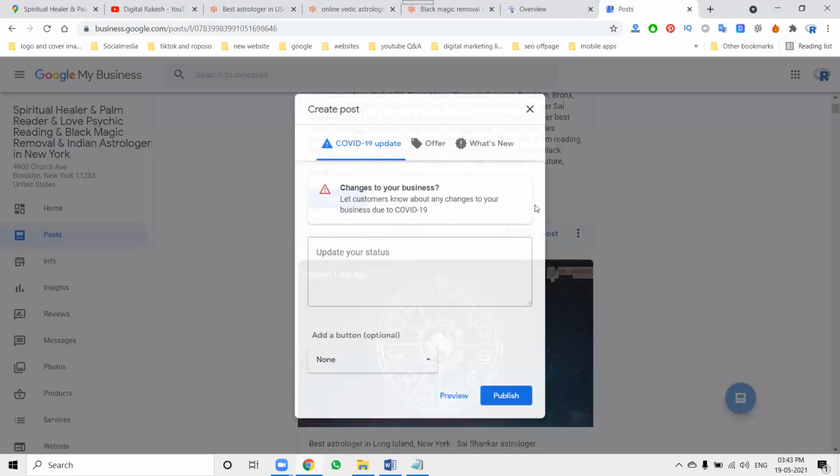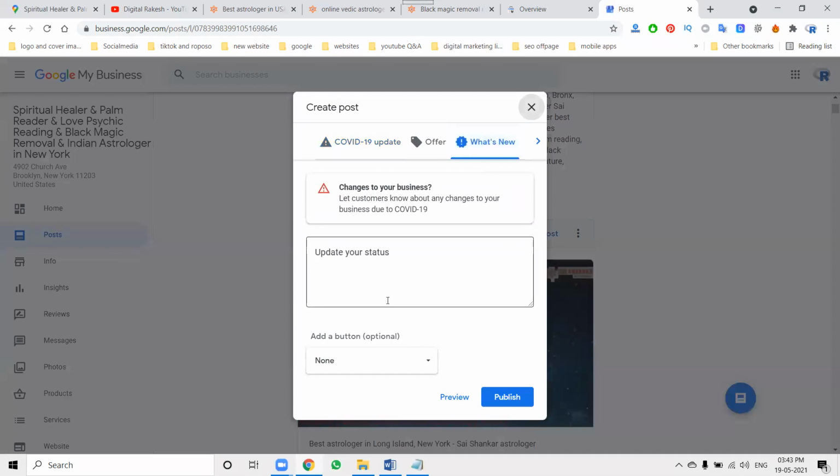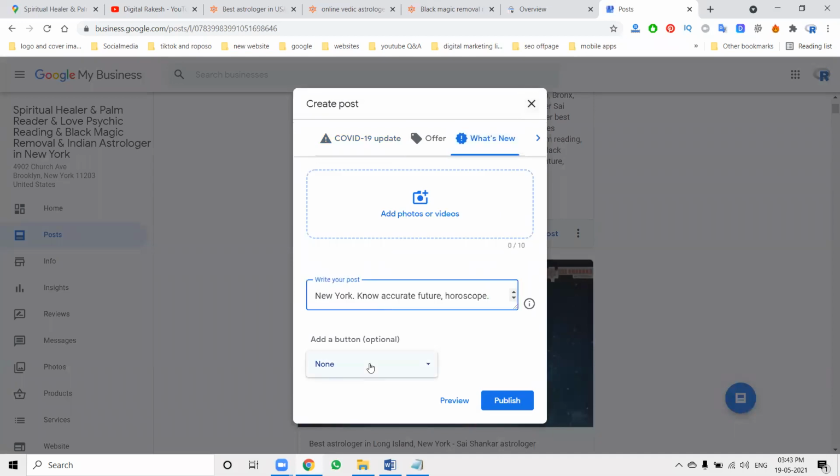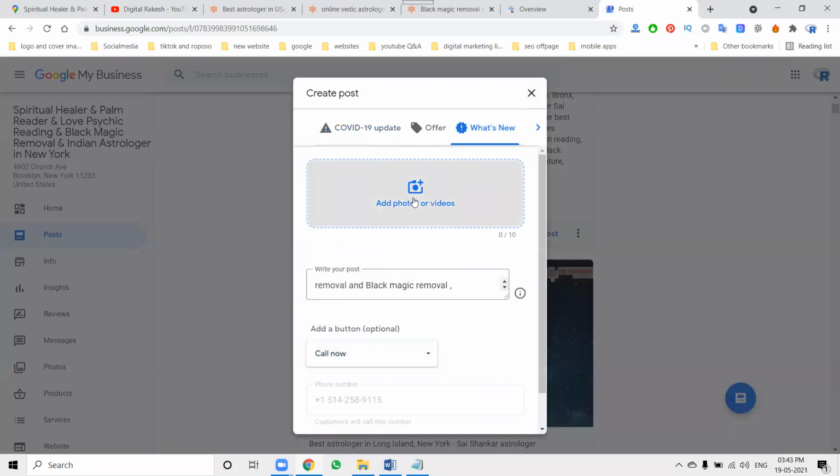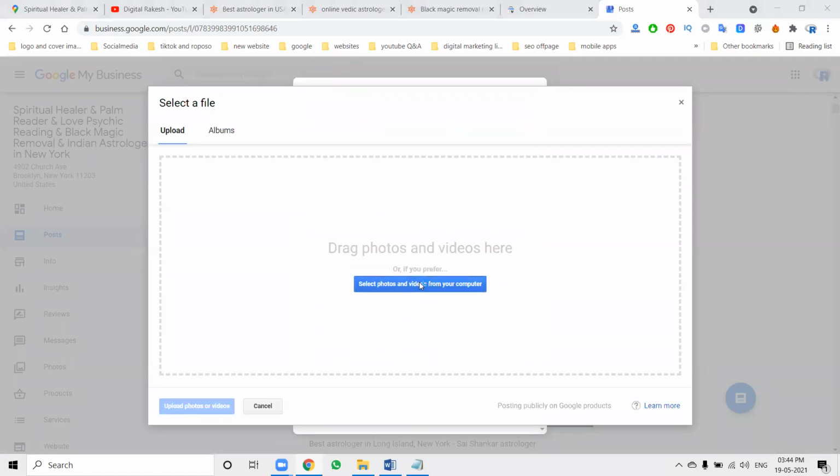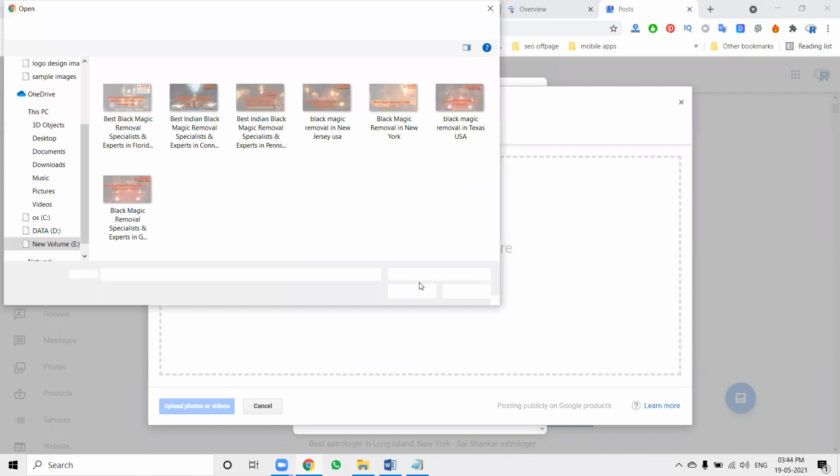Select your post option, select what's new, and post with the call button. Select your option here, then select your photo or video.